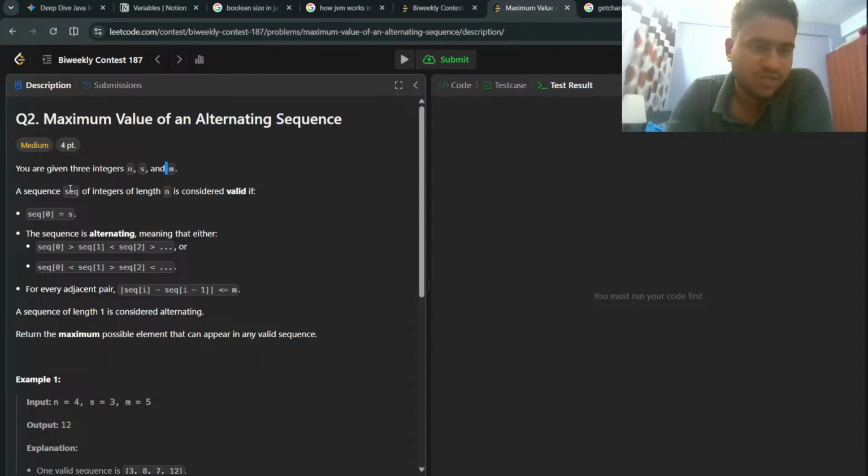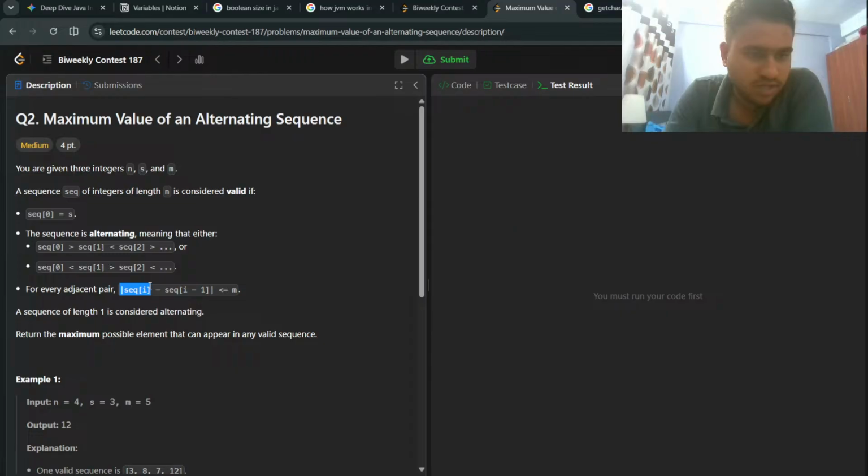A sequence of integers of length n is considered valid if sequence of 0 is equal to s. The sequence is alternating, meaning that either sequence of 0 is greater than sequence of 1. This should be greater than second, third, less, greater, less. Okay. For every adjacent pair,